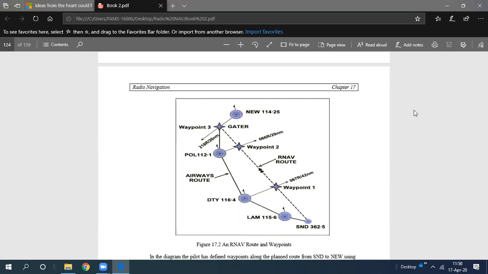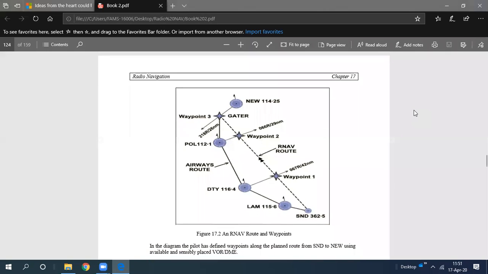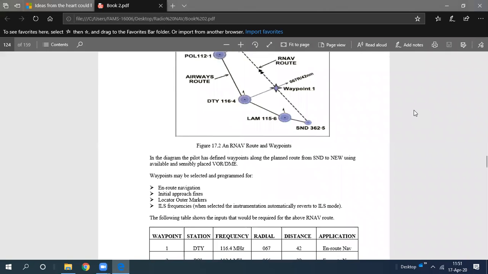At the moment, we are talking about only co-located VOR, because the basic RNAV system we are going to study caters for only co-located VOR DMEs. Now, if you look at this particular diagram,